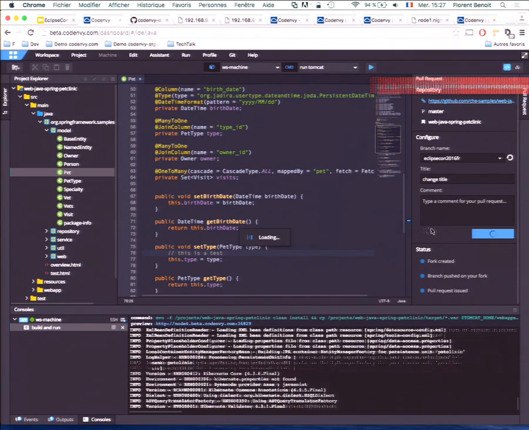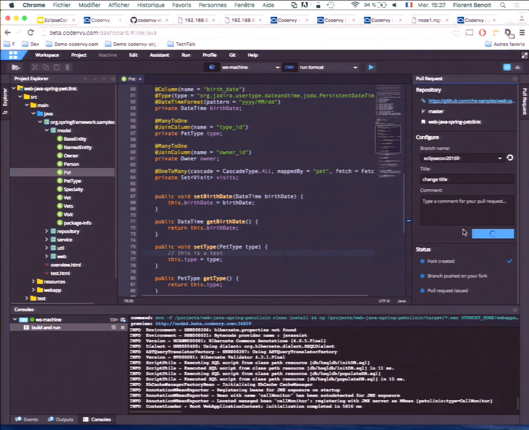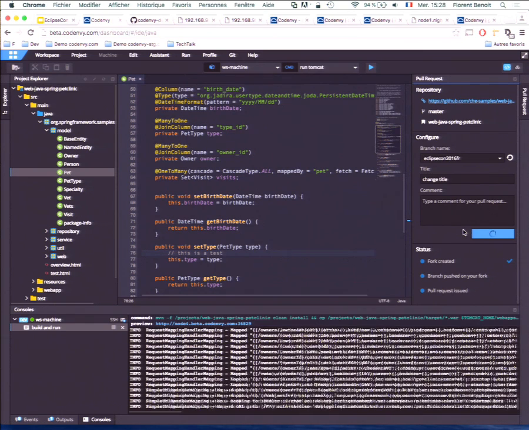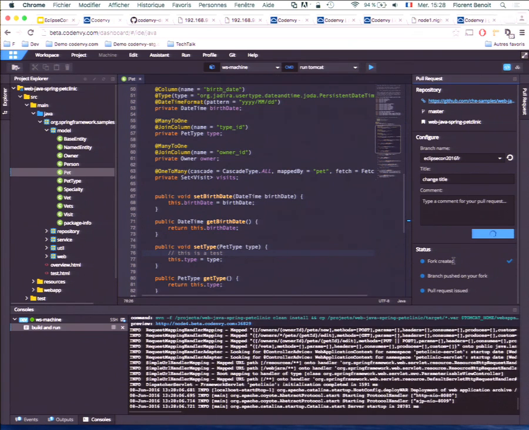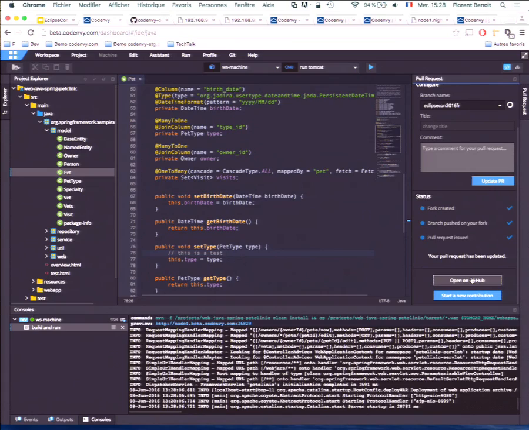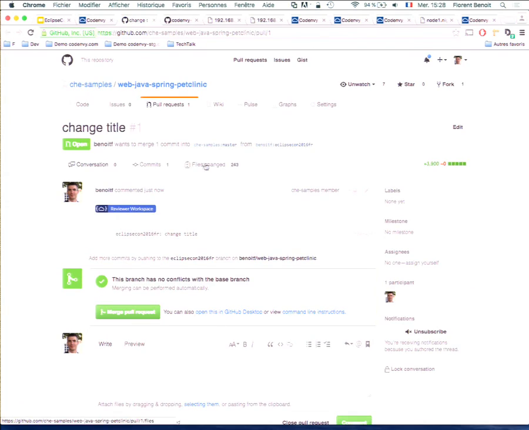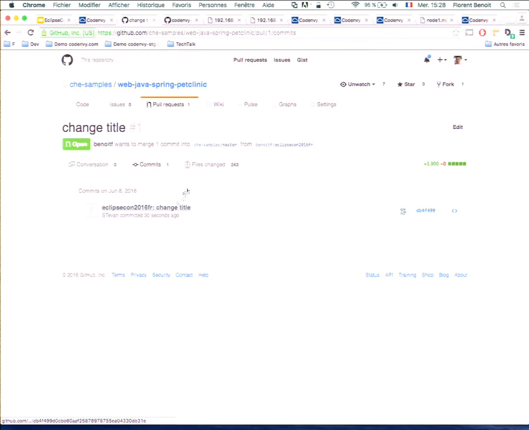Okay. Then it is creating the fork of the project on GitHub. It will push the branch on GitHub, and then the pull request will be created. And at the end, we can go on GitHub, and I can see my commit and all the changes.